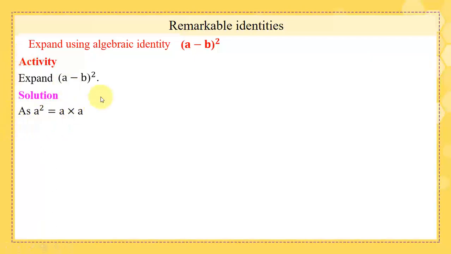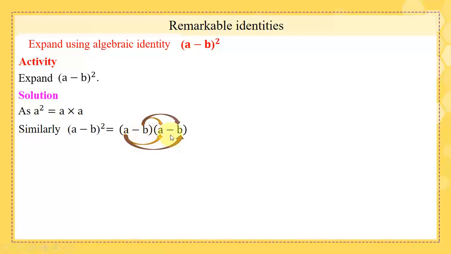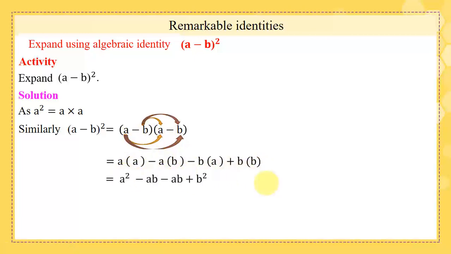Since we know that a squared is equal to a times a, a minus b squared is equal to a minus b times a minus b. A square means that a number is multiplied by itself. We do the multiplication process as we learned before. a times a, then a times b, then negative b times a, then negative b times negative b. So we get the following expression: a squared minus ab minus ab plus b squared. We already know that a times b is equal to b times a, and we also